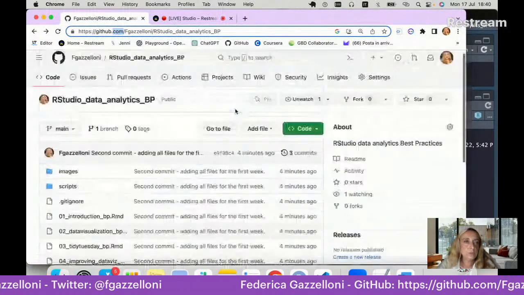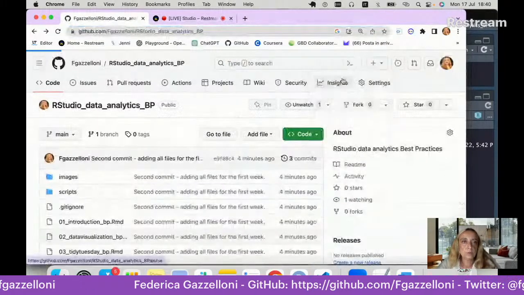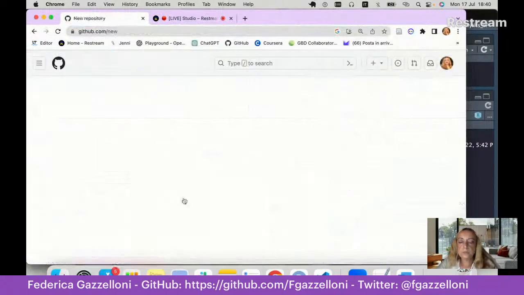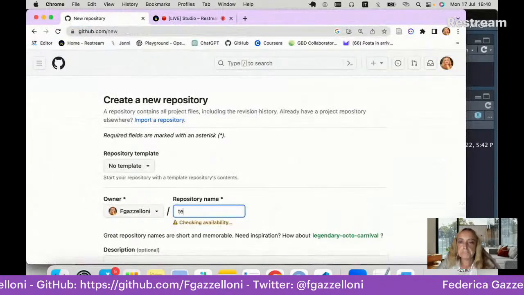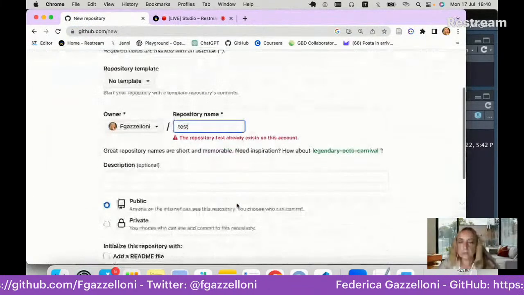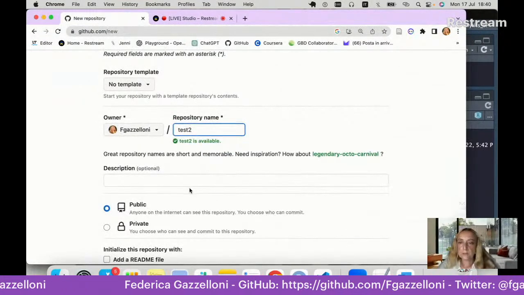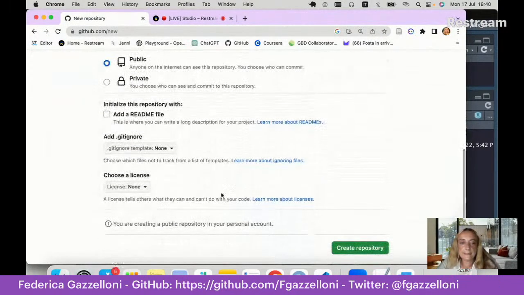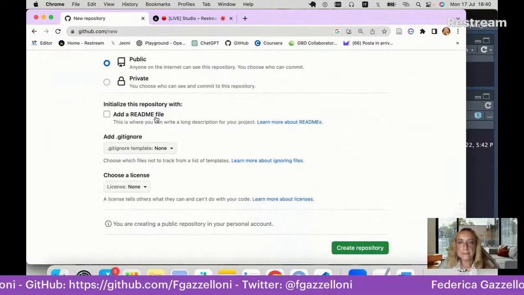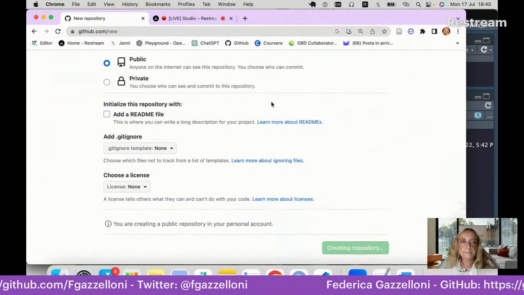I show you, if I do a new repository and I call it test, okay, test2, and I don't add the readme file,